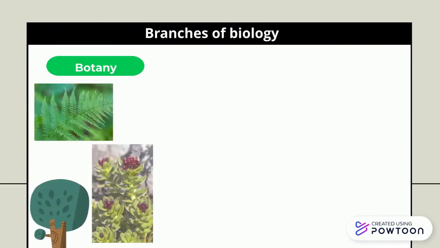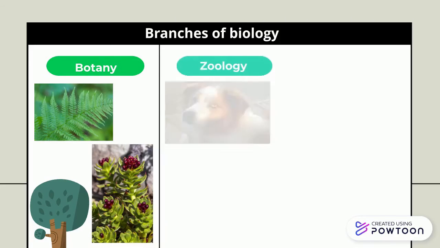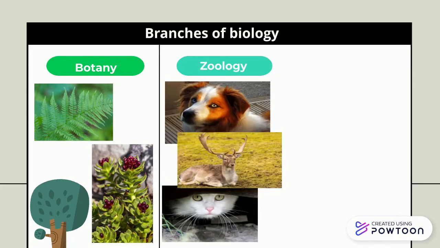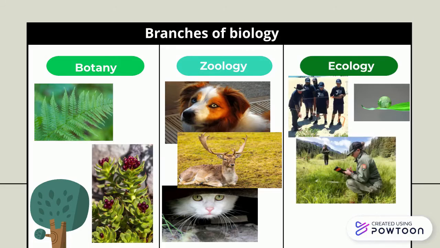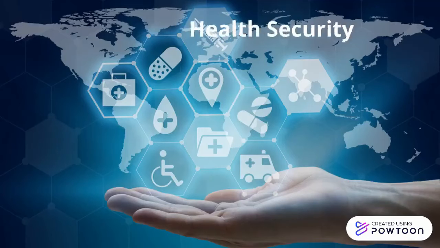Botany is the study of plants. The term botany is derived from an adjective botanic that is again derived from the Greek word botane. One who studies botany is known as a botanist. The animal world is the subject of zoology. It is a scientific analysis of the entire animal kingdom. Ecology is a branch of science that includes human science, population science, community science, ecosystem science, and biosphere science. Ecology is the study of organisms, their environments, and how they interact with one another and with their surroundings.